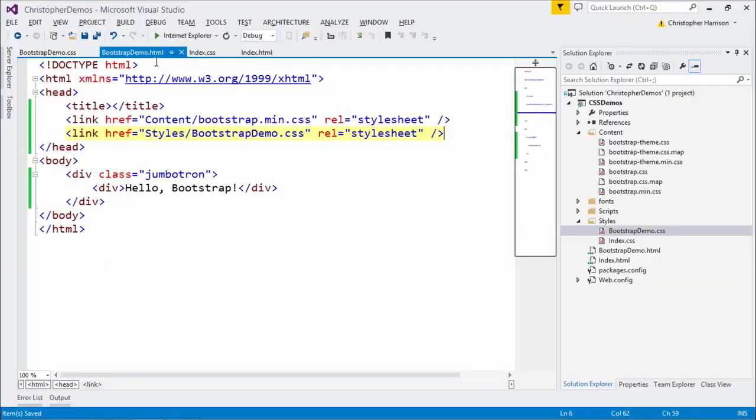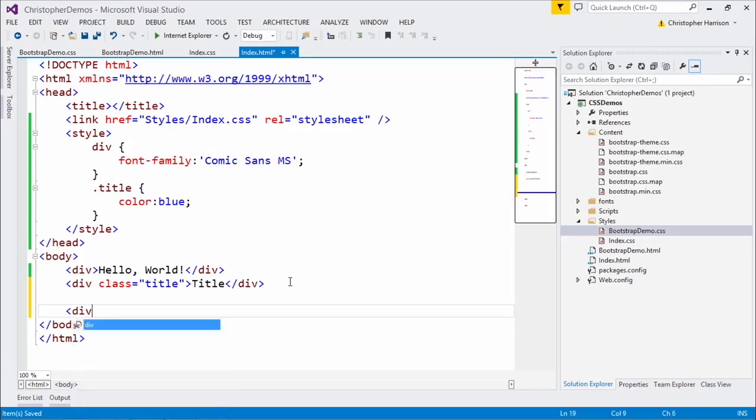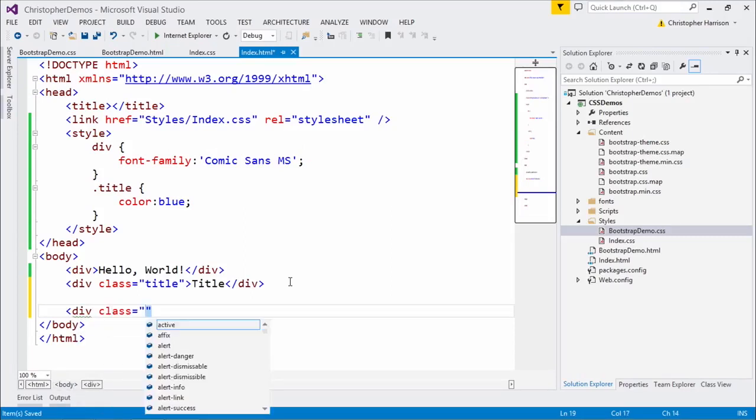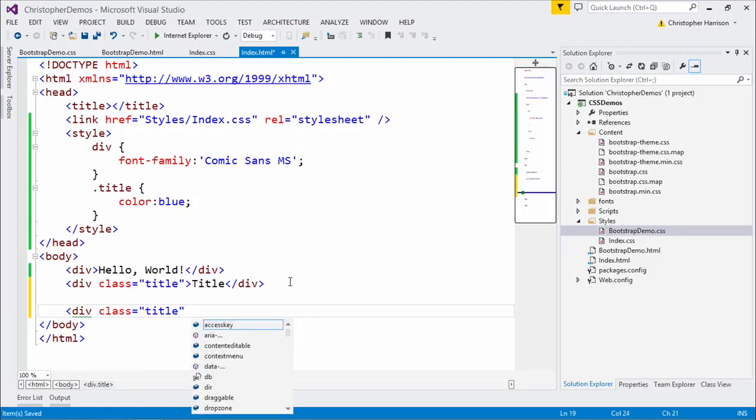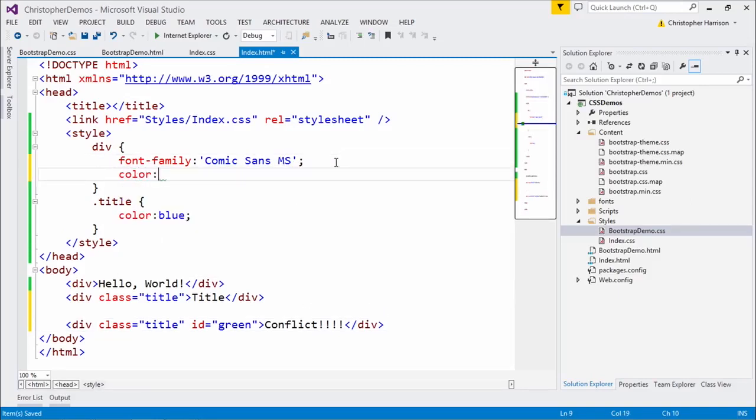Or if we break this down and actually just look at it, let's just do a demo. I like demos. Let's go in and just do a demo. So let me do this. I'm going to just sneak right down here, and I'm going to say div, class equals title, and ID equals green. And this is our conflict. Here, we'll make it conflict with exclamation points. All right. So for right now, let's just go in and say color colon red,